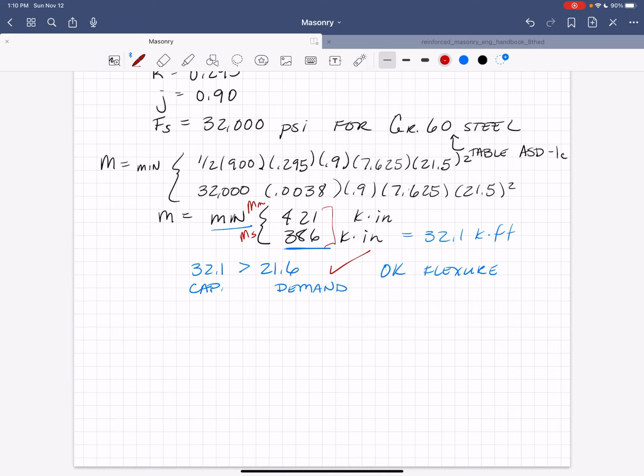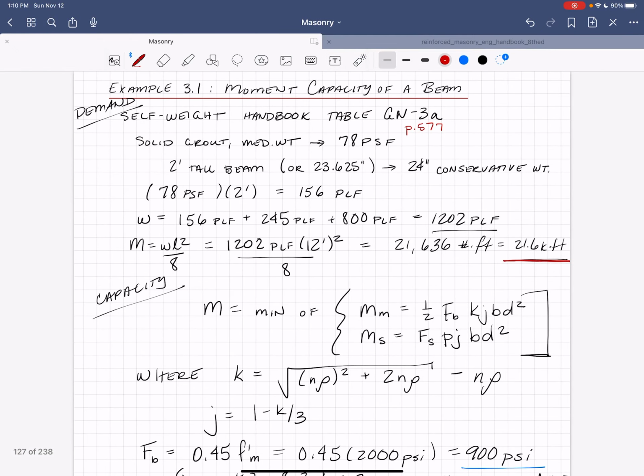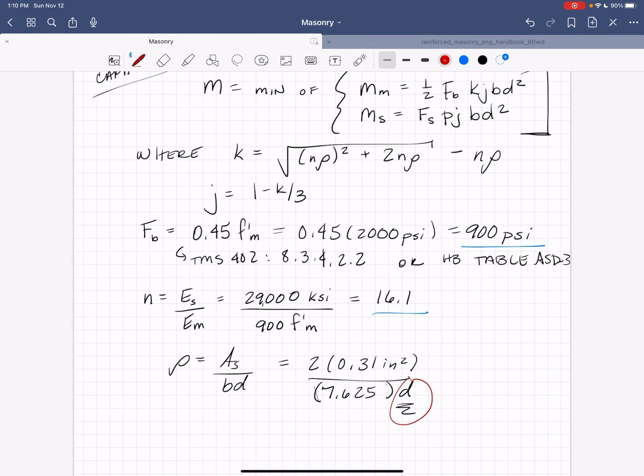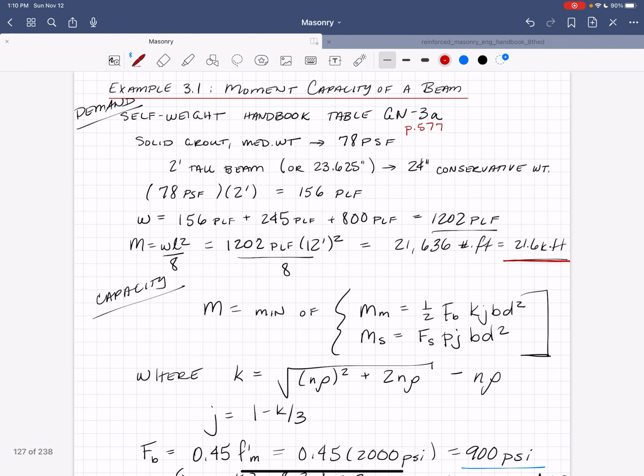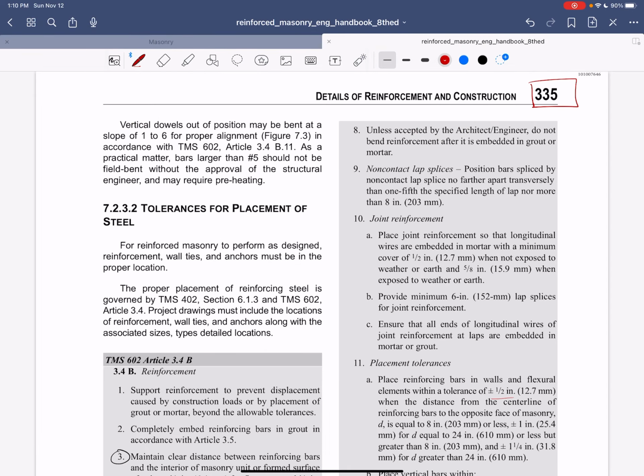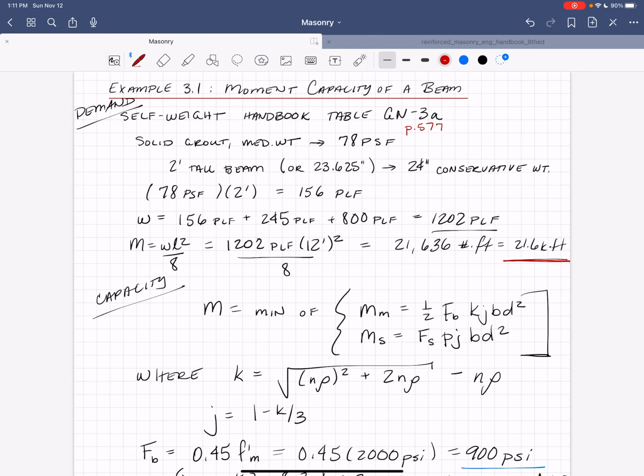All right, so that wraps up this first example. The actual problem itself would have probably taken less than 10 minutes or even 5 minutes if you had done it before. But I started out with a little overview of the handbook. Go ahead and download that, or feel free to buy a hard copy if you'd like. You can order it from, I think, the Masonry Society. But have that PDF handy when you work on your problems. It's very helpful between the tables and the example problems. All right, so we'll wrap this